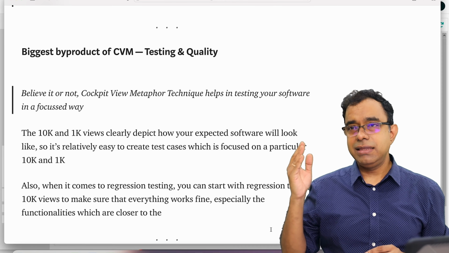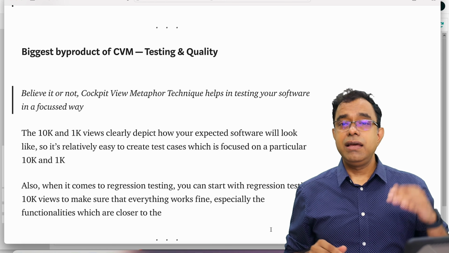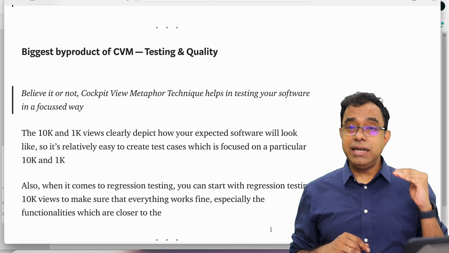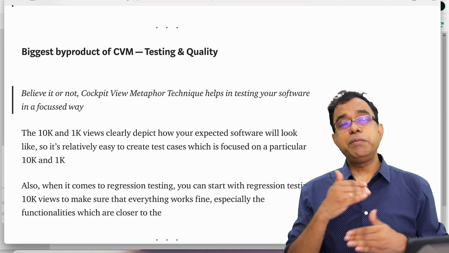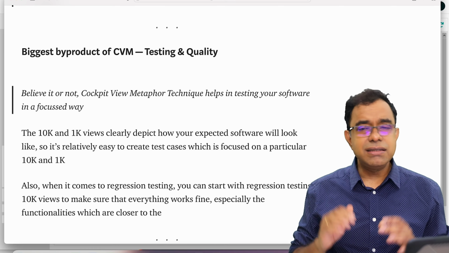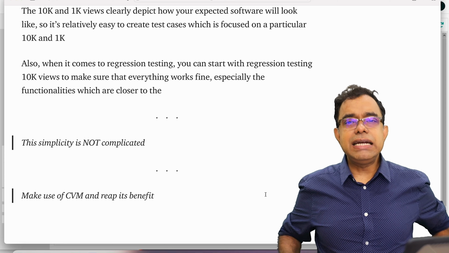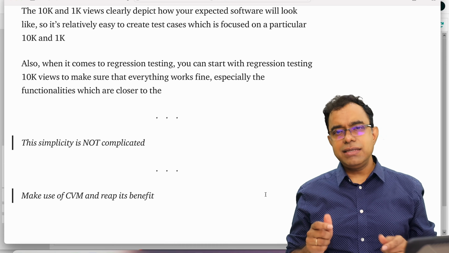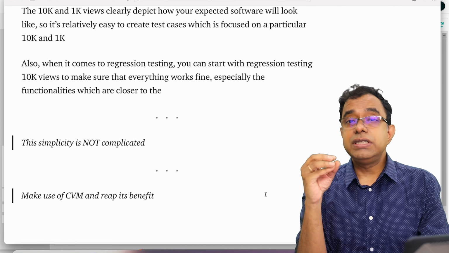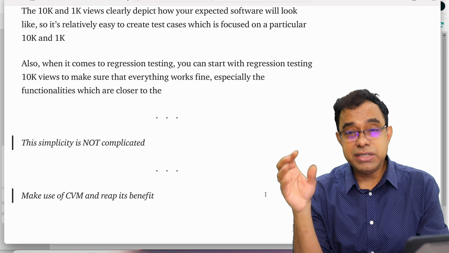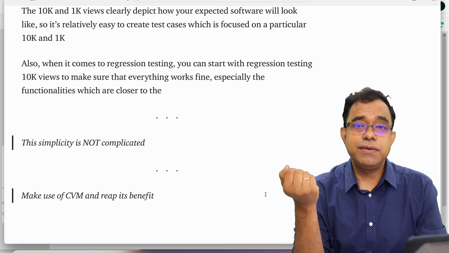So the idea is that the 1k part has to be tested by the software developers who are creating those 1k. The 10k part should be part of your complete integration and regression testing. 35k is where you can do your smoke testing, okay? It is generally said that simplicity is complicated, but in this particular case, simplicity is not complicated. It's based on your intuition, your team's intuition, and your stakeholders' intuition. What you see from 35k, what you see from 10k, what you see from 1k.